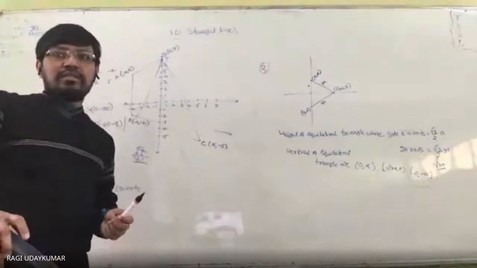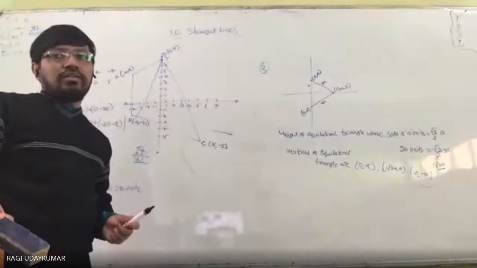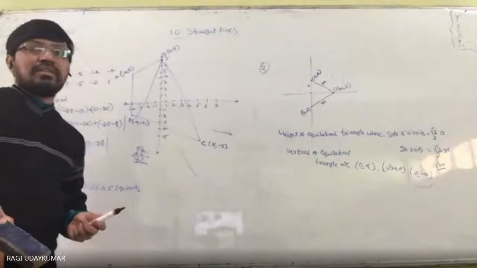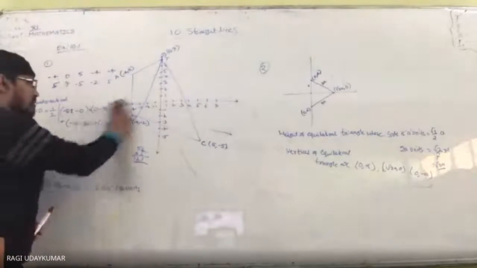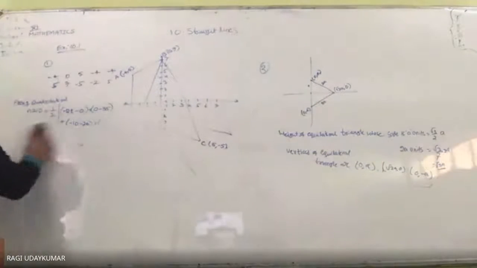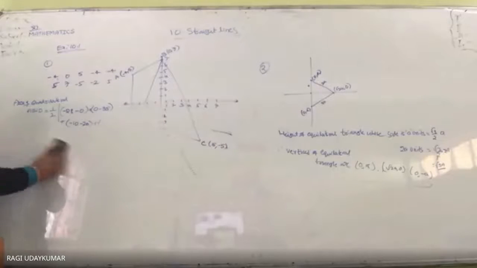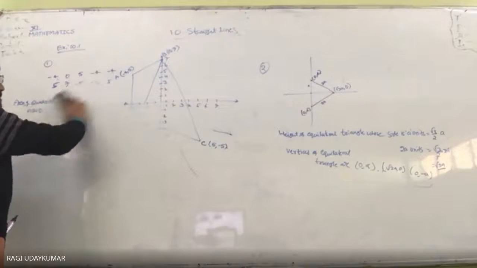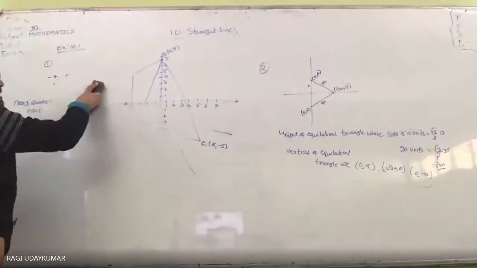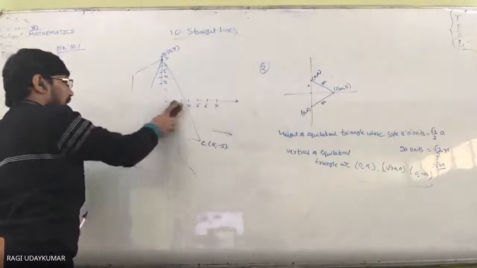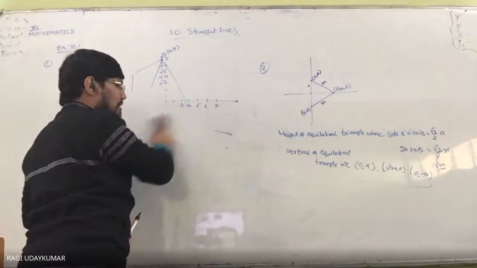Third problem. See, find the distance between the 2 points P (x1, y1) and Q (x2, y2), when PQ is parallel to the y-axis. When the line PQ is parallel to the y-axis, their x coordinates are equal. If the line is parallel to the y-axis, their x coordinates are equal.